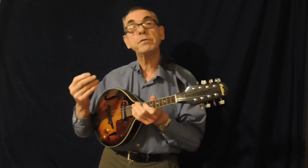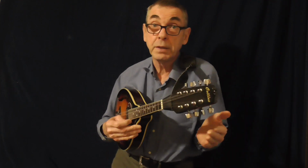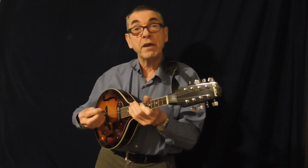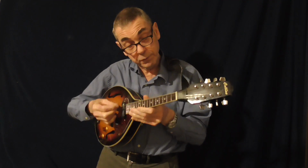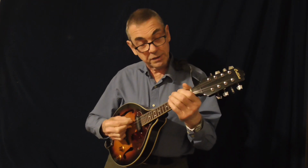So if you are learning a tune, say, and you find it difficult to get the intonation, which is a fancy word for getting your fingers in the right place to play the right note, in other words, you don't play flat or sharp, you play the exact note. If you're having any difficulty getting the intonation correct, this is a very useful instrument, because of course there are frets, which is very useful. And of course,